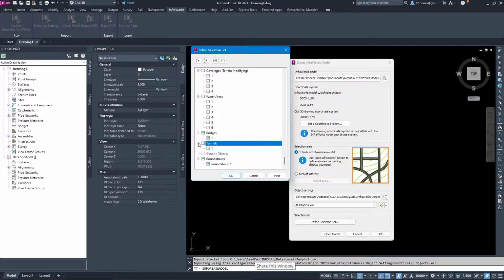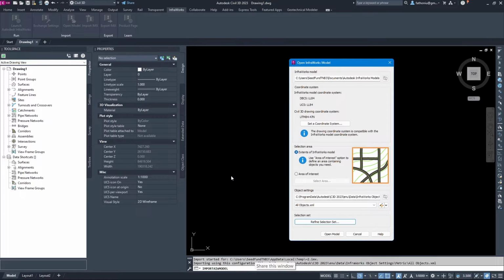So when we import it from InfraWorks, it is not properly imported. So roundabout also we don't want it. We will create our own roundabout. Untick this one. So by having this one, only the design road, we will have only the alignment of the road. And then we press OK, and then open model.